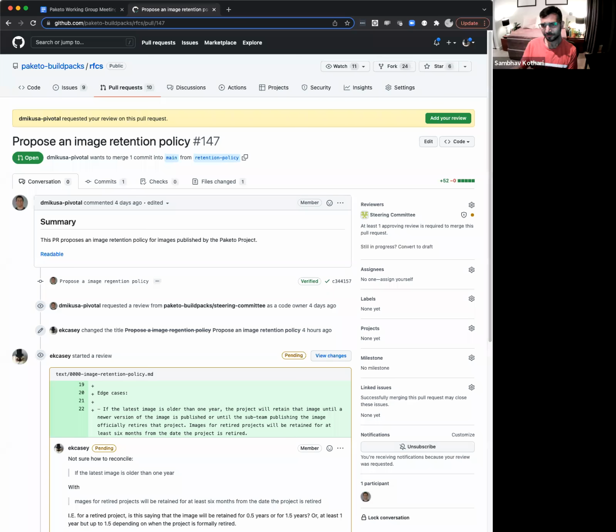Some of these, from what I'm hearing, are also limitations of GCR, right? Docker Hub has retention policies you can set so that if no one has accessed your image for a while, it just cleans it up automatically. I think it's 6 months or something. If no one accesses an image for 6 months, it just gets cleaned up. So it also very much depends on the registry.